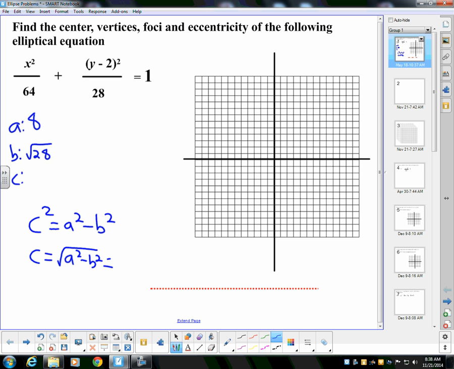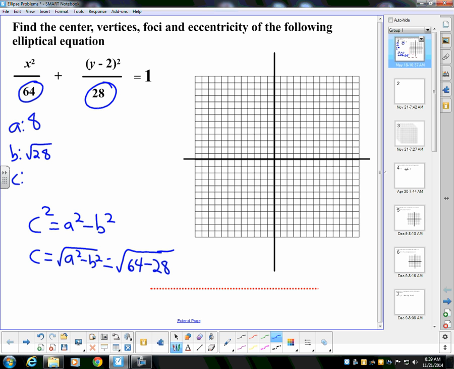And we already know that a is 8, so a squared is 64. And b squared is, well, b is the square root of 28. The square root of 28 squared is 28. So remember, a squared and b squared will usually be those exact numbers that are under the radical in the elliptical equation. All right, so if I take 64 and I subtract 28 from it,